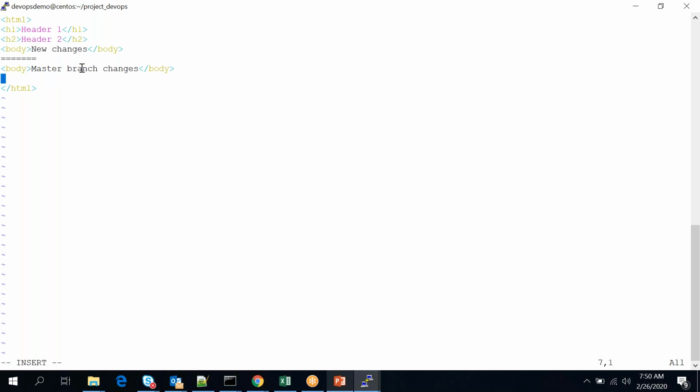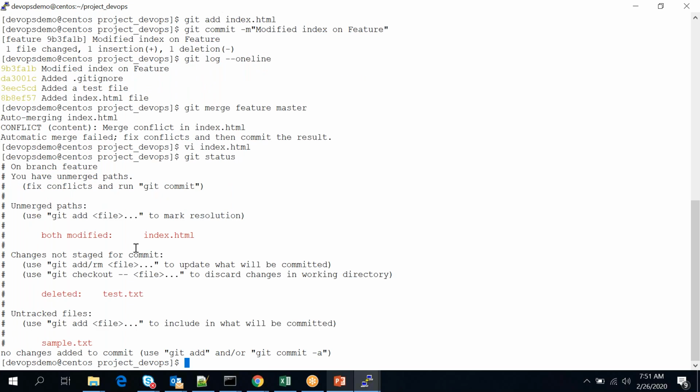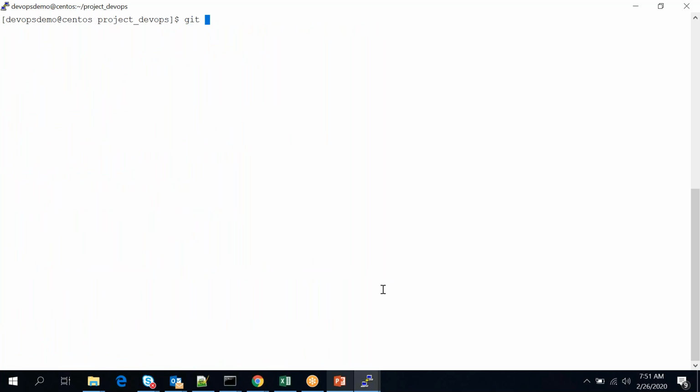Once you consult with the developer and you confirm with the business what change to make, basically you will ask the developer to change it, and then you will commit these changes. So once this is done, you can save it, and then you are good to commit these changes, right? So let's go with the status now and see. Okay, there's something modified. Let's add it. Index.html. Let's clear this. I'll go with the git commit